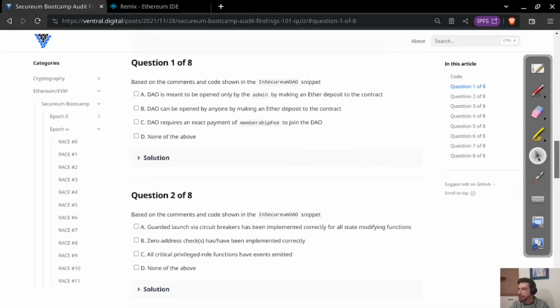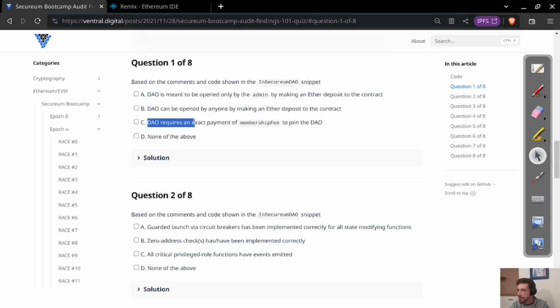So let's start by looking at the first question. Based on the comments and code shown in the Secureum DAO snippet, A. DAO is meant to be opened only by the admin by making an ether deposit to the contract. B. DAO can be opened by anyone by making an ether deposit to the contract.